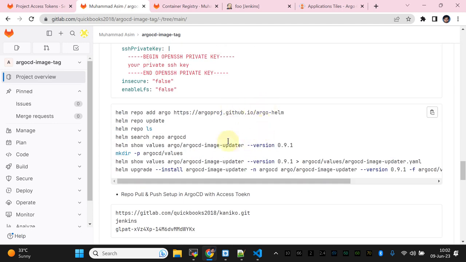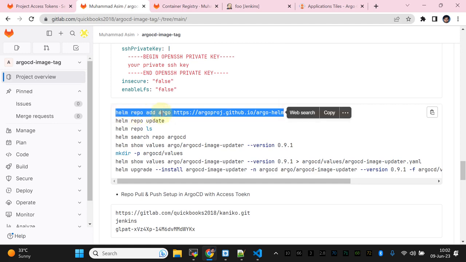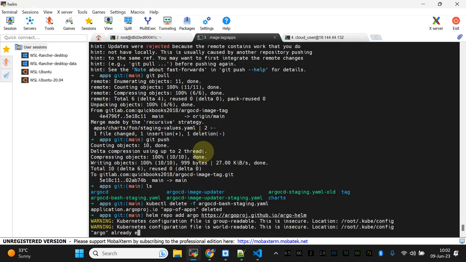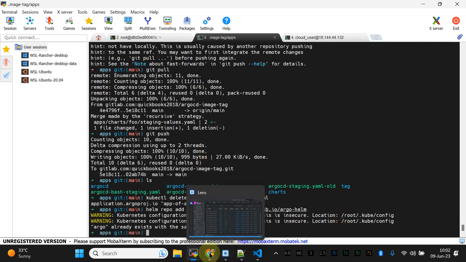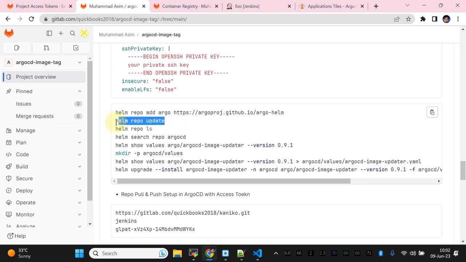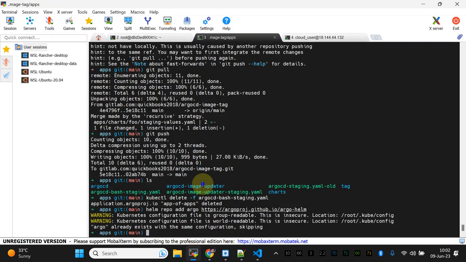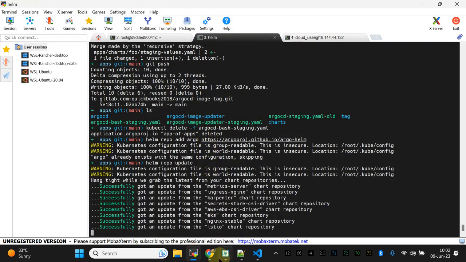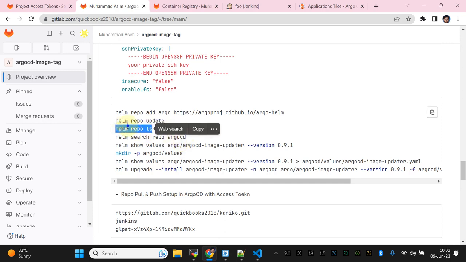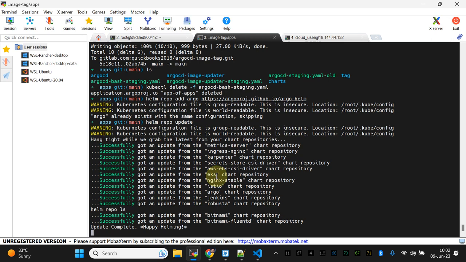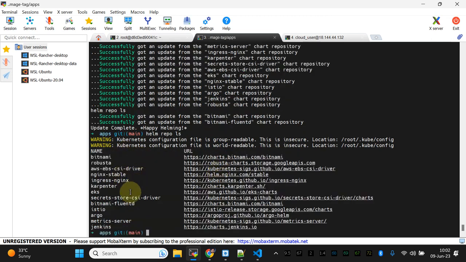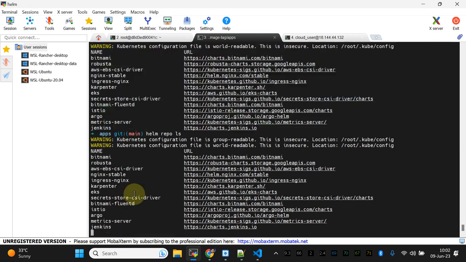What we're going to do is set up the image tag updaters. So I'm going to simply copy paste these particular commands, and these commands are going to add repos. We are going to update our repos, right? So it's going to update all the repositories. So repo ls, you will see. Just a minute. So the image updater is going to be like